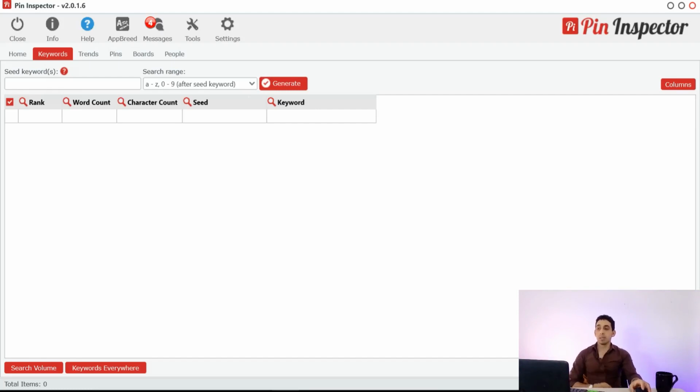Okay. For example, if we want to promote stickers on Pinterest, stickers that you can use on laptops, iPhone cases, walls, fridges, and so on, you can type stickers as the product, as the first seed. Okay, stickers, perfect. And of course we can add another seed like stickers for laptops. Pin Inspector will generate keywords related to these main keywords that contain these seeds, stickers and laptops. So click over that, generate,